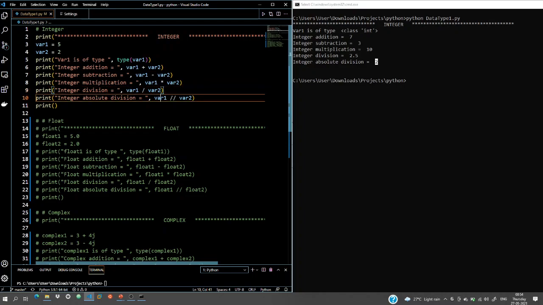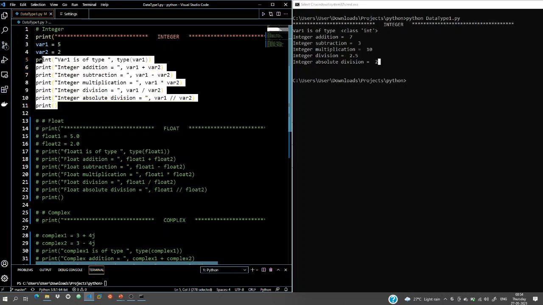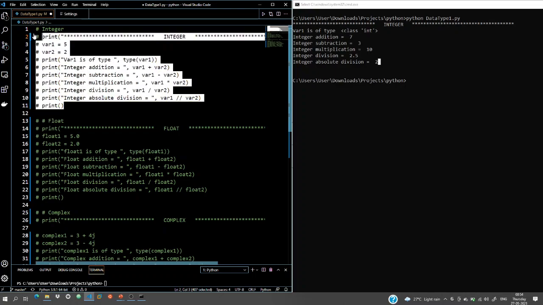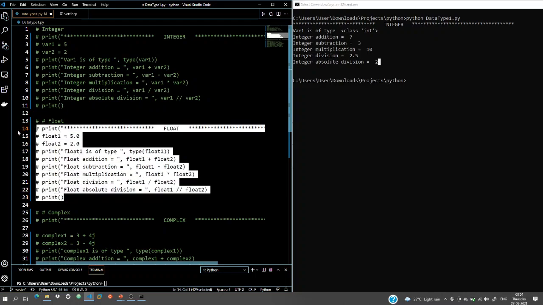Okay. So var1 is 5 and var2 is 2. On dividing 5 by 2, we'll get 2. So we can use this double slash for that. Okay. So this is for integers, and let's go for float and see what we'll get. Okay. So let me uncomment it.